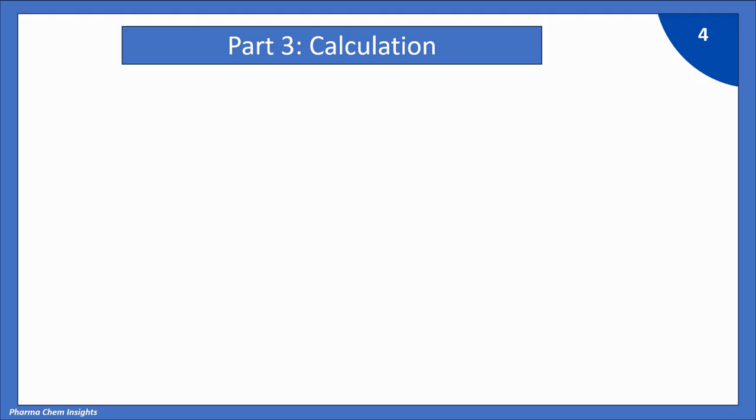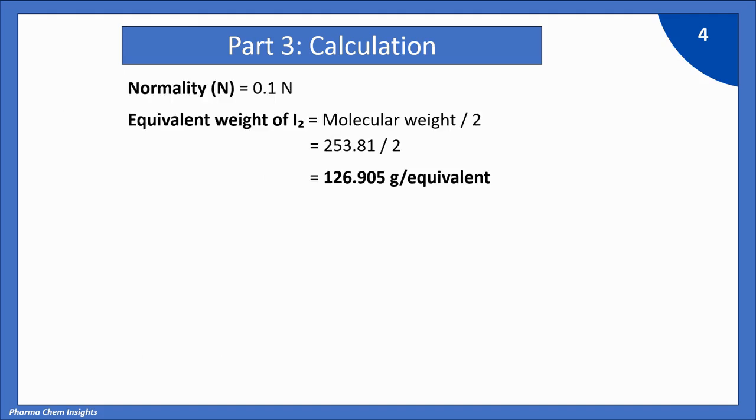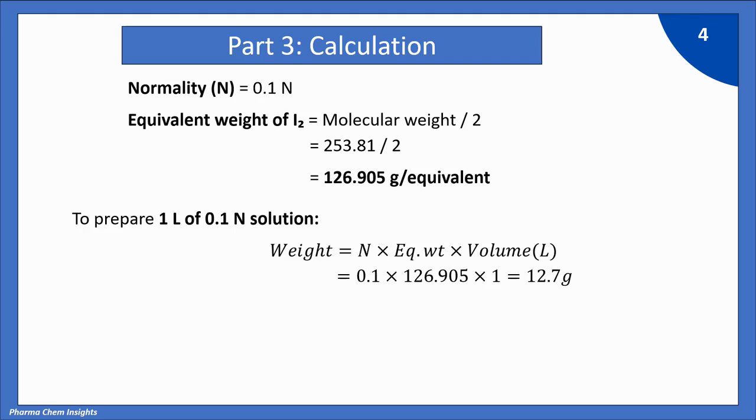Now let's see the calculation part. Normality is 0.1 normal. Equivalent weight of iodine is equal to molecular weight divided by 2. So molecular weight is 253.81 divided by 2 gives us 126.905 gram per equivalent. So to prepare 1 liter of 0.1 normal iodine solution, we have the formula: